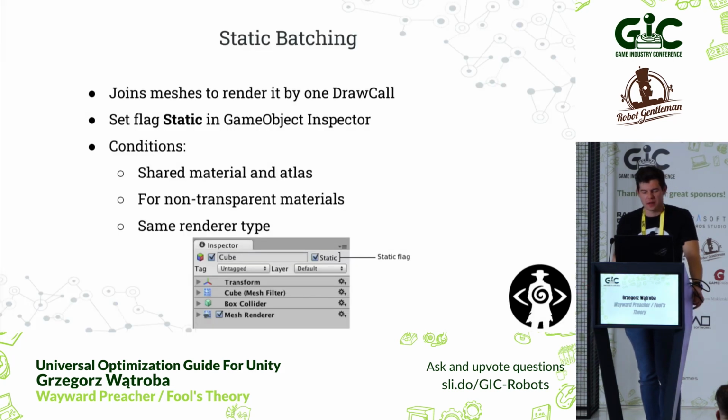Static batching, so like the simplest way to optimize, as the name indicates, should be applied to non-moving objects in the scene. It's fairly easy to set up and use. The only substantial drawback is that it's memory heavy. When we batch a large group of meshes, it can bite us in the butt.